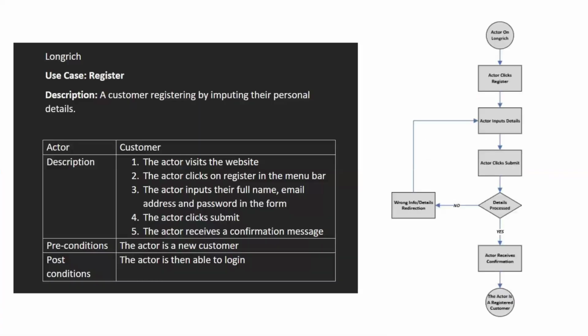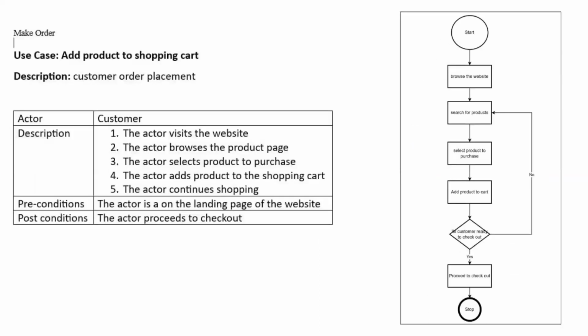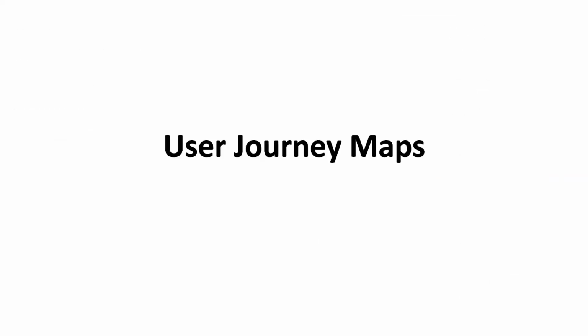Some of the other documents and artifacts that we created include a use case diagram. This one, for example, shows how a customer can register their details on the website. On the right-hand side is the actual diagram that was created by one of our BAs. The same thing goes for this one, and this use case is for our shopping cart. These are some of the things that helped us to translate the requirements properly.